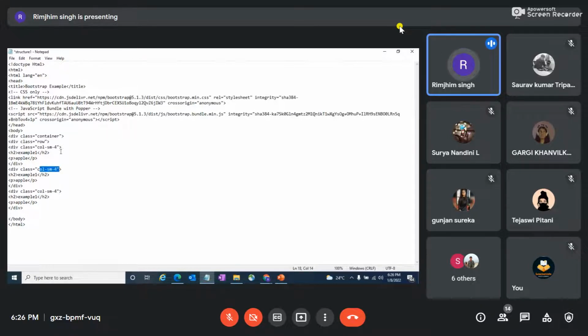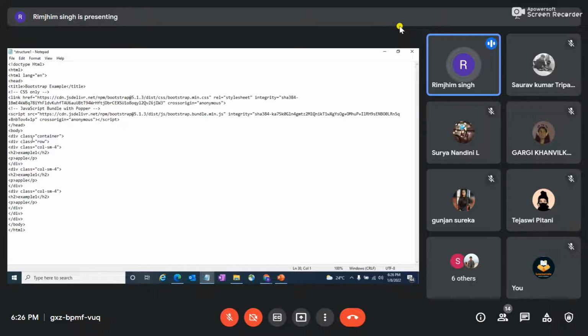So 4, 4, 4, and then 12 is my total count. Then div, and I have to close one more time for the previous one, and then one more time for the container, and then slash body, and then slash html.